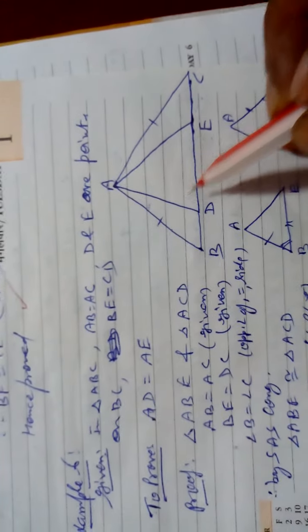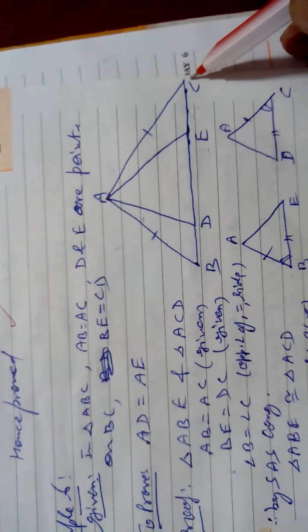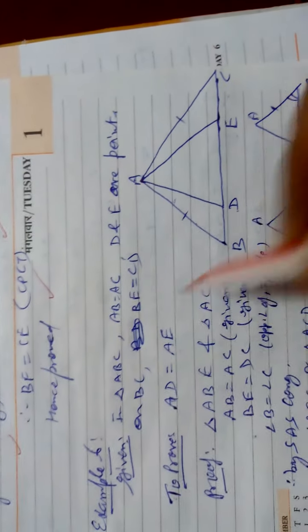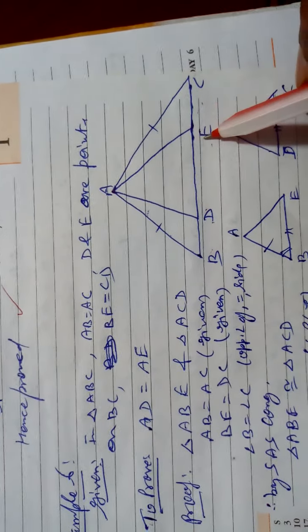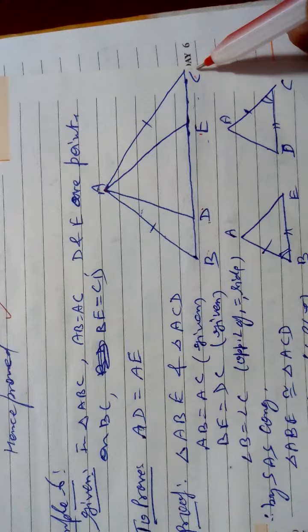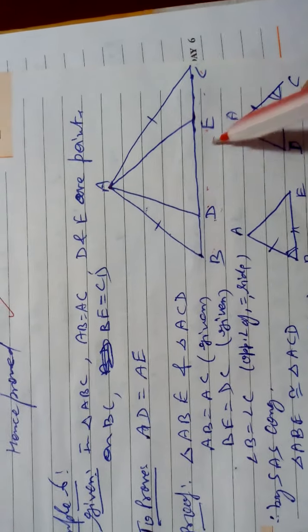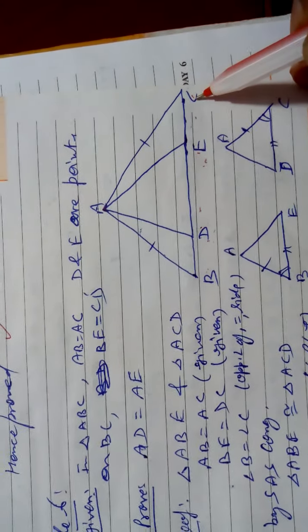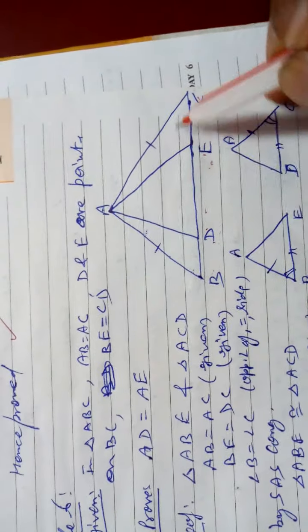So first, BE is equal to CD, given. So BE is BD plus DE, but in the book, like this is given, CD plus DE, and DE will be cancelled. So BD equal to EC, and then base angles are equal. By SAS you prove these two small triangles congruent. But I am not taking this.